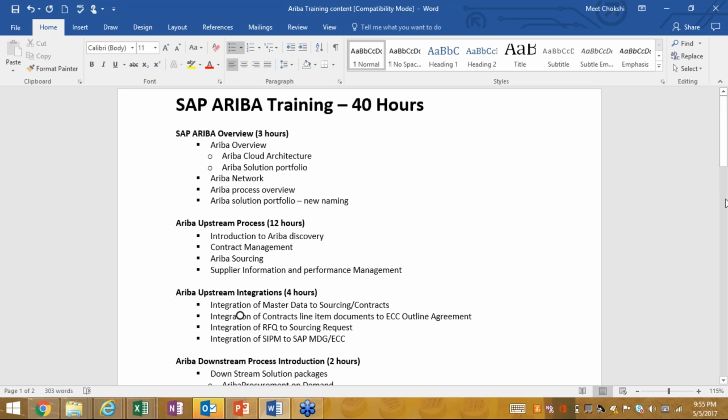If you have done some research, all the certifications were just started last year, and every quarter they release one certification. I think they started last March, where first it was P2P, then they came up with sourcing, then integration, and then recently, this January, they came up with contracts.